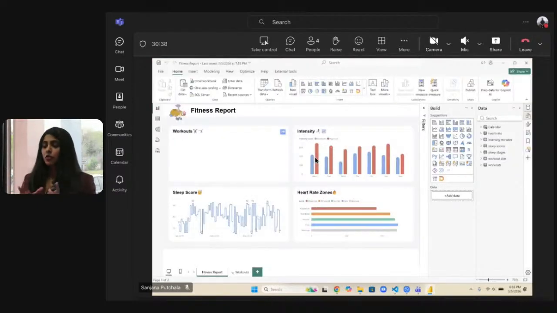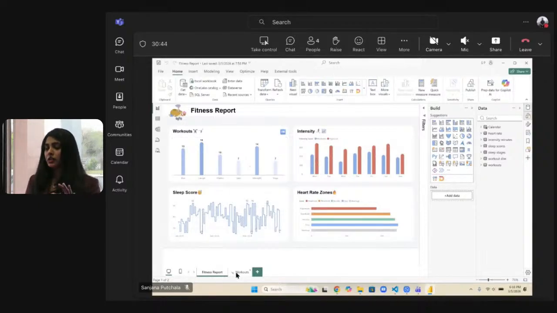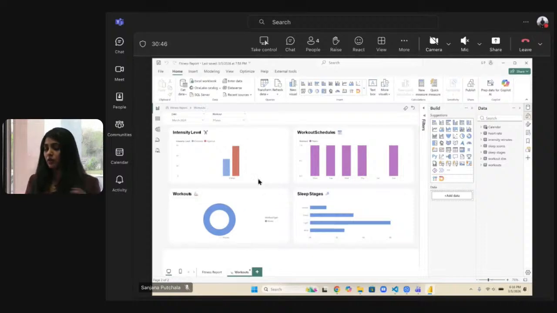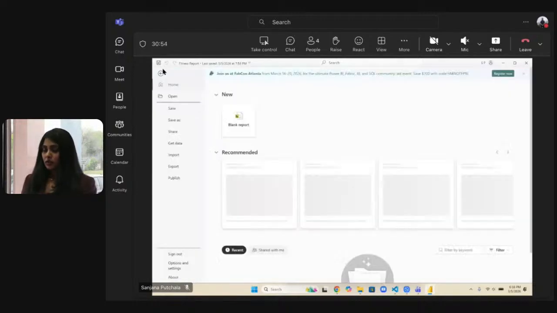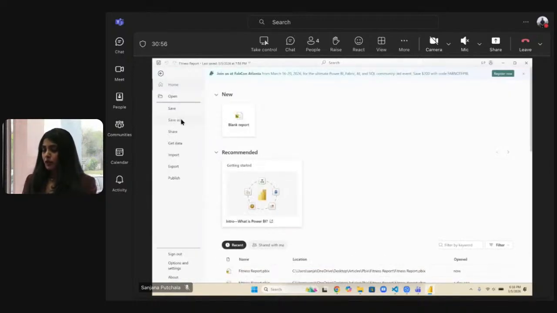And this is your report. Let's say we have 2 pages here, just for an example, nothing complicated. We have our first page, and we have a hidden page, which has some filters, some navigation buttons, and all of the fun stuff. So now, what you can do is when you're saving this file, you're going to save as, and then